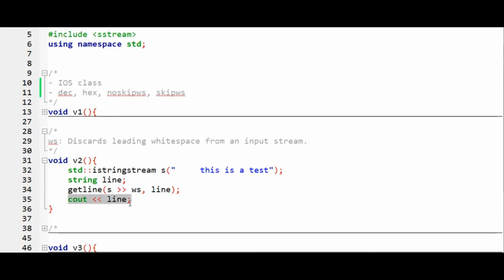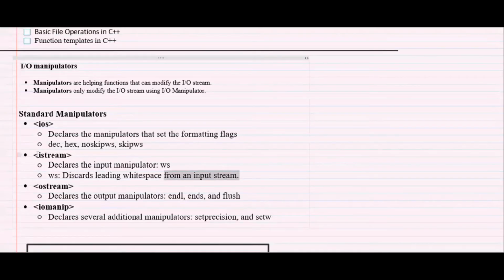Then we are printing the line. Here s is the input stream, because all these functions work on a stream. That's why we have to create a string stream.